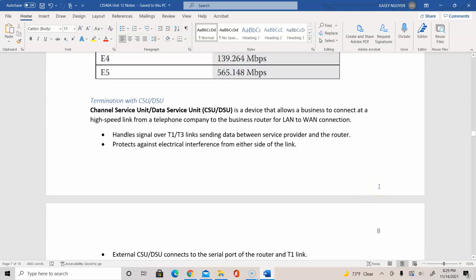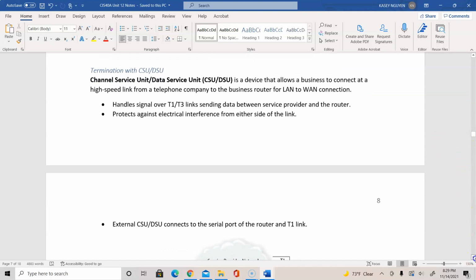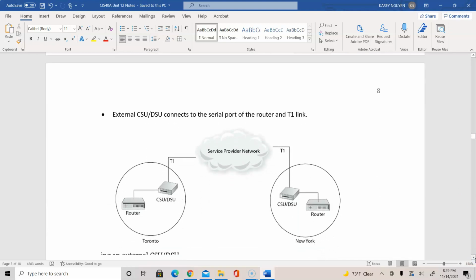For the termination, the CSU and DSU, channel service unit and data service unit, was a device that would be used to connect to companies like the telephone company to be able to use T1 or T3 links. And the CSU DSU is simply a way that we can connect to the service provider, and we would use what's called the external CSU and DSU, which uses the serial port of the router to be able to connect